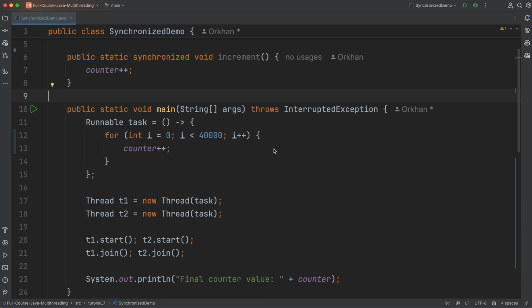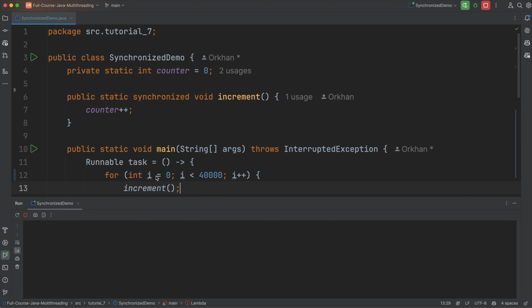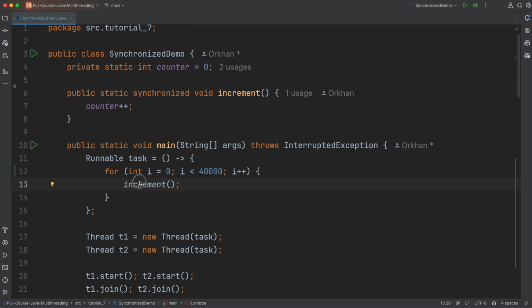One way we can solve this problem is by adding a synchronized block, or by adding the synchronized keyword to our method. If we run our main method again, we will always get the result of 80,000. We have moved this increment part of the task to a separate method,